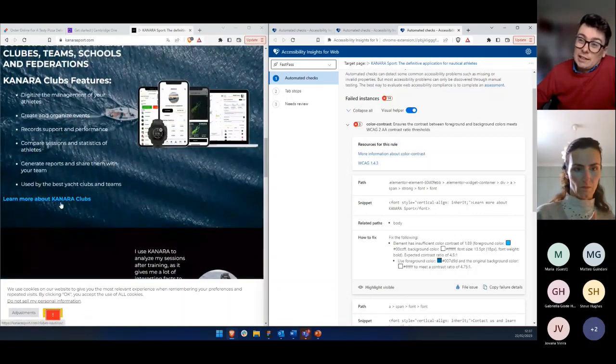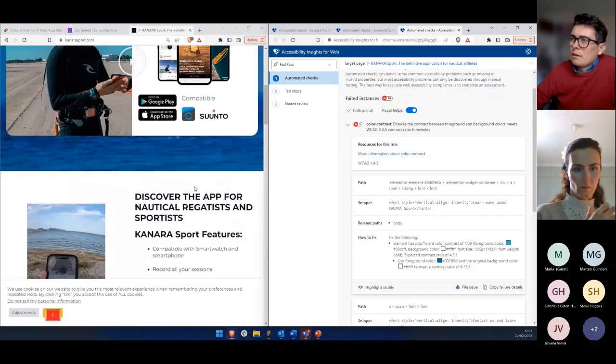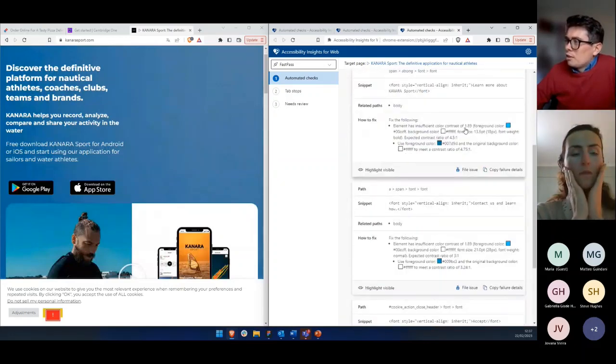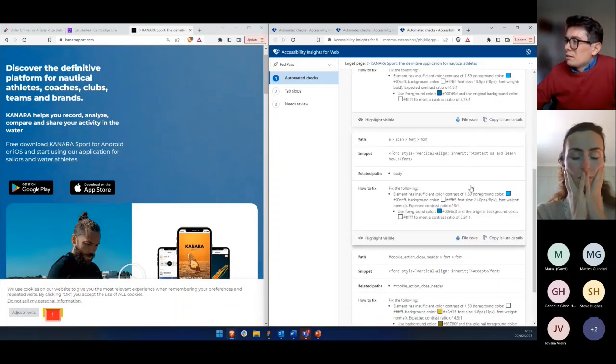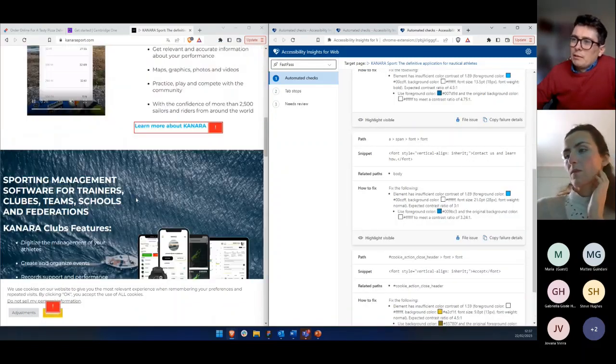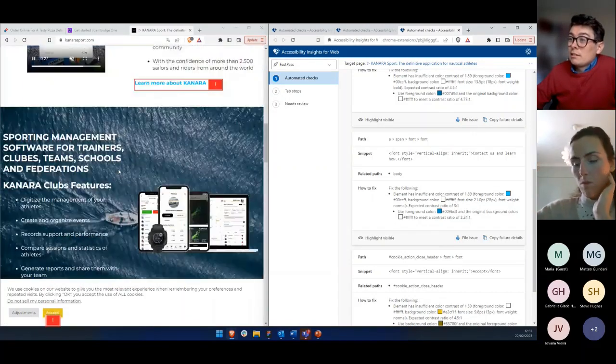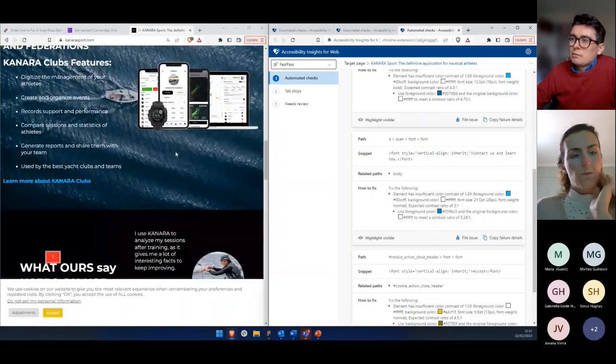Notice it didn't pull it out here because here we've got a dark background. So it might just be to have a little look at that. There we've got a contrast of 1.89. It needs to be lifted up to 4. We've got the same here, look, with this other link a bit lower down. Although this one's not bold, interestingly, and this one is. So maybe we should add some consistency there.